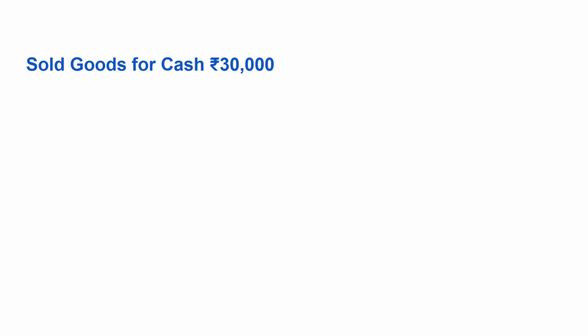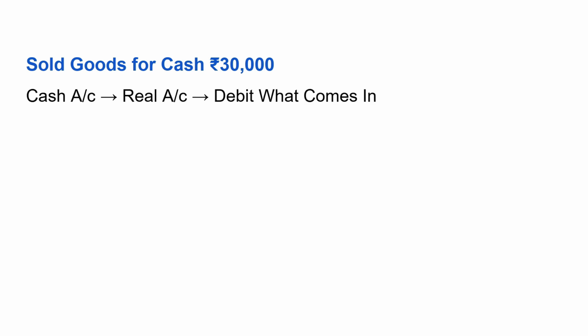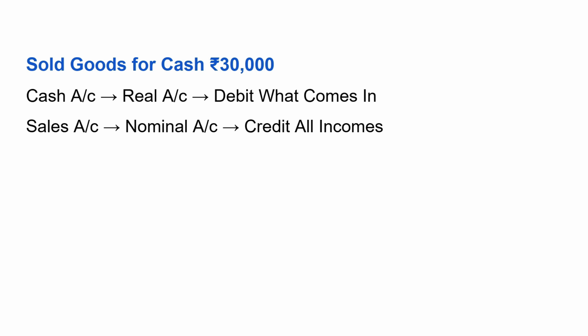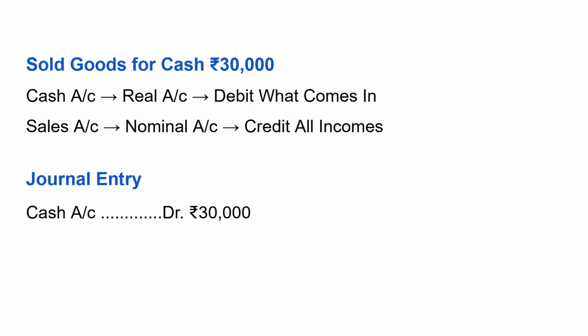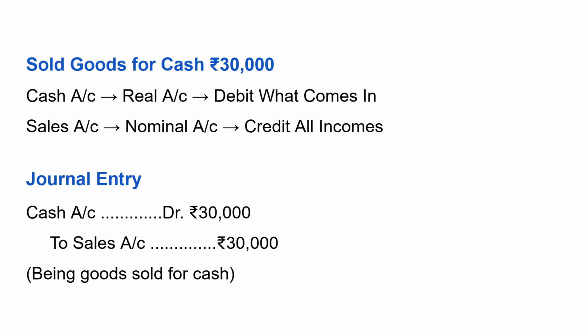Sold goods for cash rupees 30,000. Here the two accounts affected are cash account and sales account. Cash account is real account and for real account debit what comes in. And sales account is nominal account and the rule for nominal account is credit all incomes. And the journal entry is cash account debit 30,000 to sales account 30,000 rupees and the narration is being goods sold for cash. Sales generate income and all incomes are credited. Next,